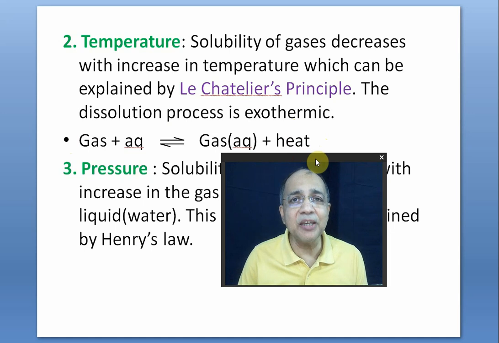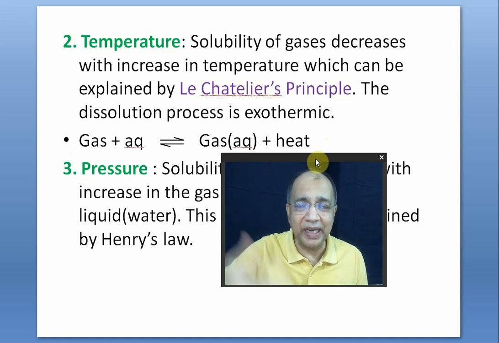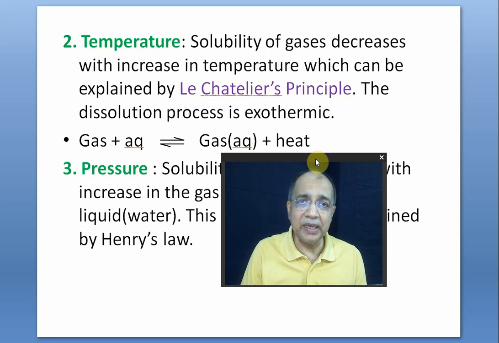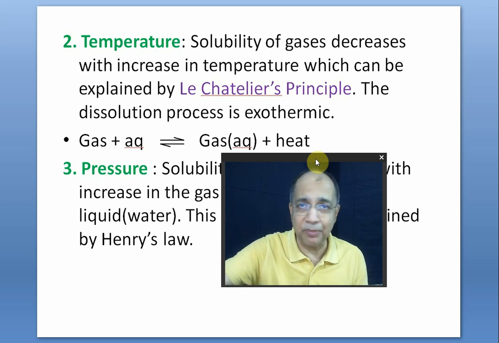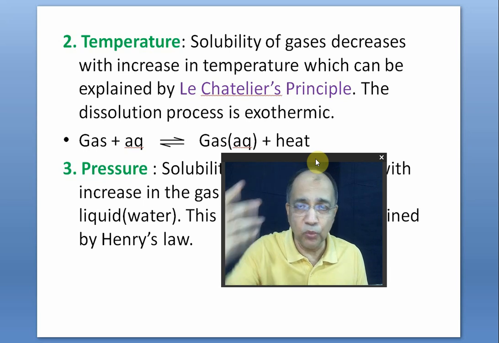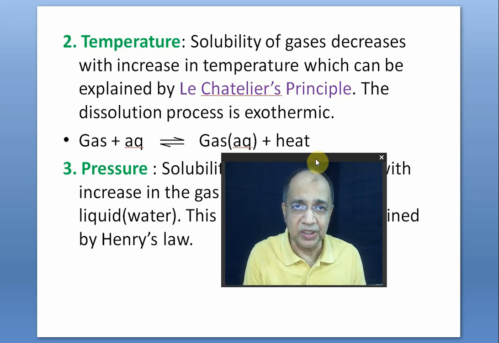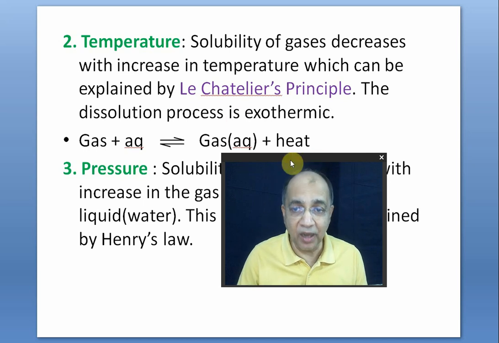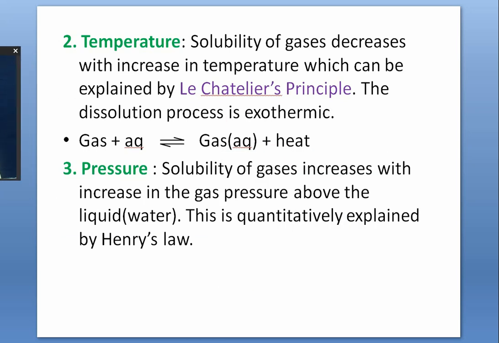You increase the temperature, then the kinetic energy of the gas molecules inside will become more, and they will try to separate themselves from each other inside water, and some of them will escape out from the surface, thereby solubility will be lowered. Now, the most important